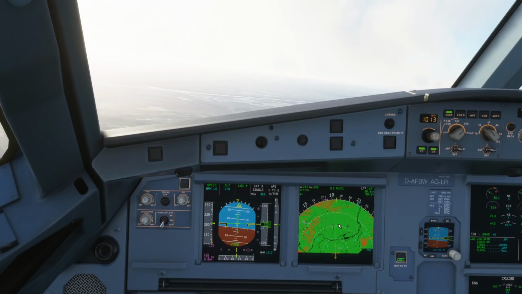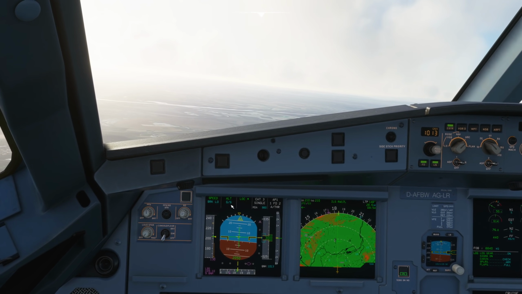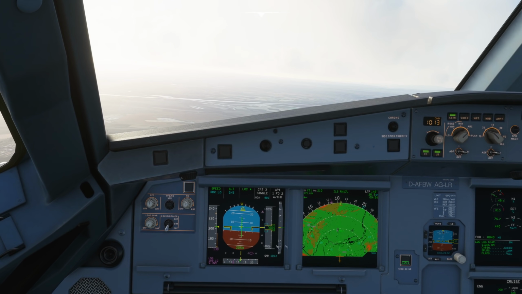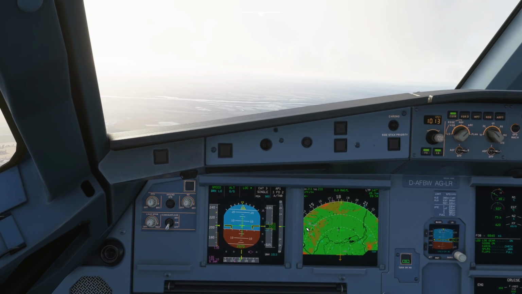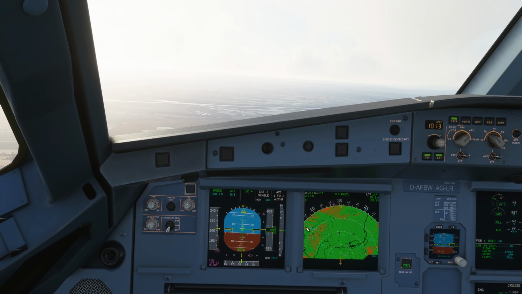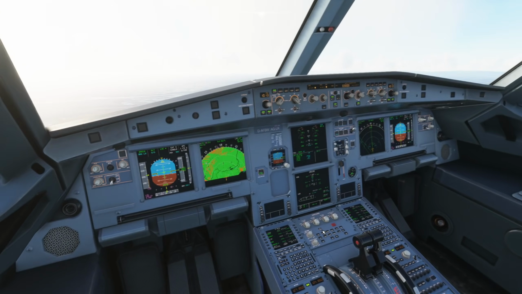So here we are then, engaged with LOC and GS star, glide slope coming soon, or not. Well, actually pretty soon. We should see that glide slope coming down to meet us as we head down the approach. So let's start configuring. So I'm going to go to flaps 1,